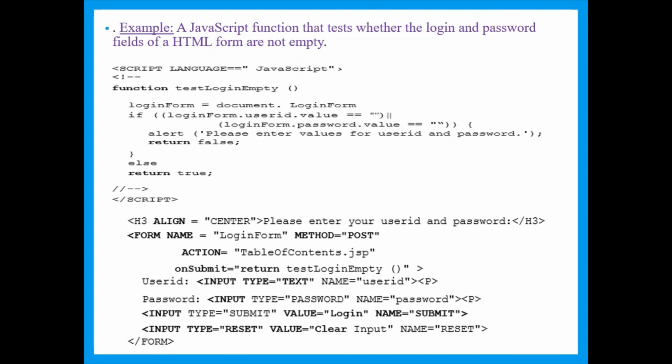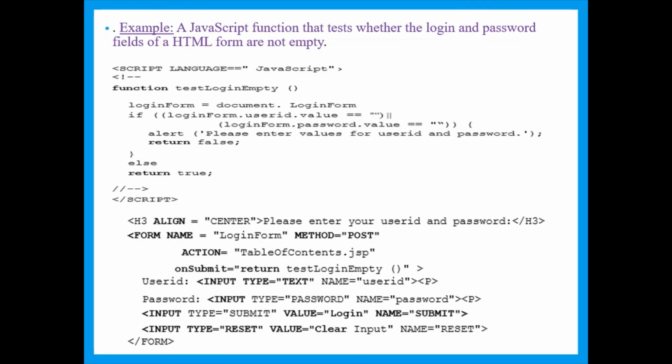When we enter the values in the username and password and click the submit button, the control from onSubmit will be moved to the testLoginEmpty method. The control from the HTML page, with the help of onSubmit, will make use of return testLoginEmpty. The control will be transferred to the JavaScript function named testLoginEmpty, specified in the JSP file. The control will be transferred here, and it is going to find the method called testLoginEmpty.